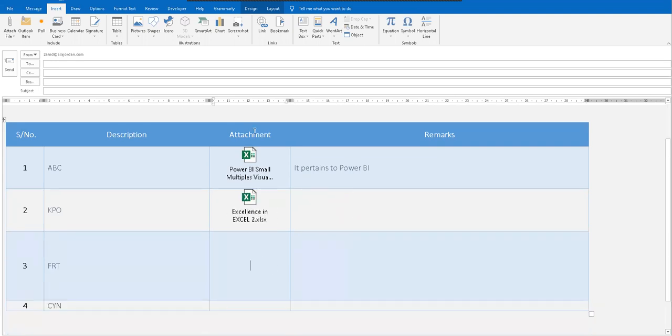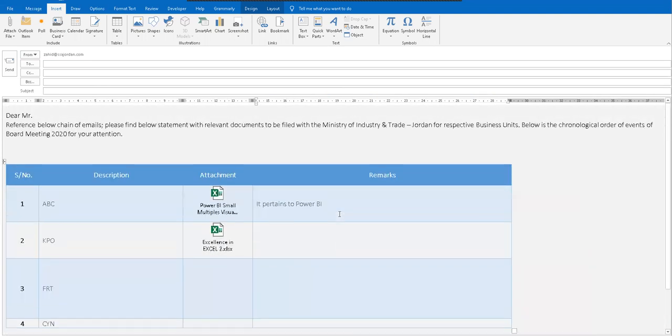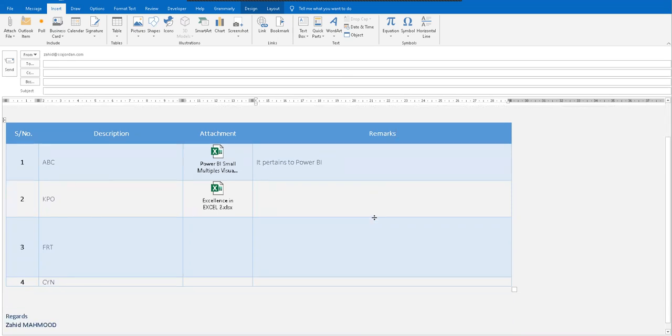So you can attach the files to the emails and you can write it. It looks very professional when you make it, so that the person knows what the description of this file is, where the attachment is, and what the remarks or comments are. You can use everything, and it looks very professional, that the file which is required to be discussed has its own description, its own remarks, and the attachment in the same way.